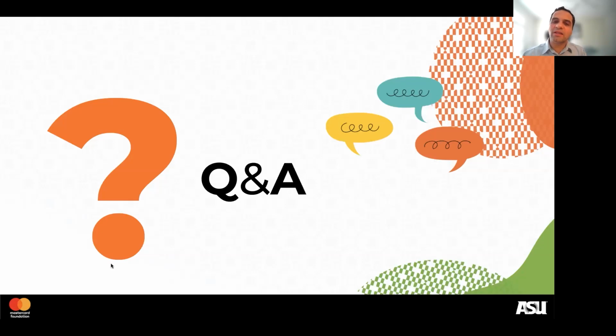So yes, you can ask in the advanced stages. If they ask you and you're not ready or you have no idea about the number, you can ask for a range and say, what is the range in this position? If they give you a range, the advice is you go for the highest in the range. So for example, if the range is 70 to 80, they tell you this is the range we're offering, 70,000 to 80. This is just an example.